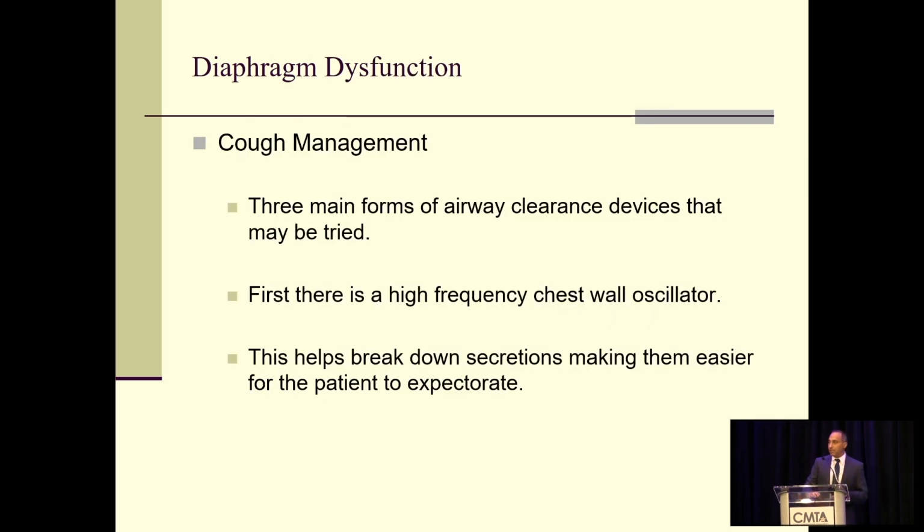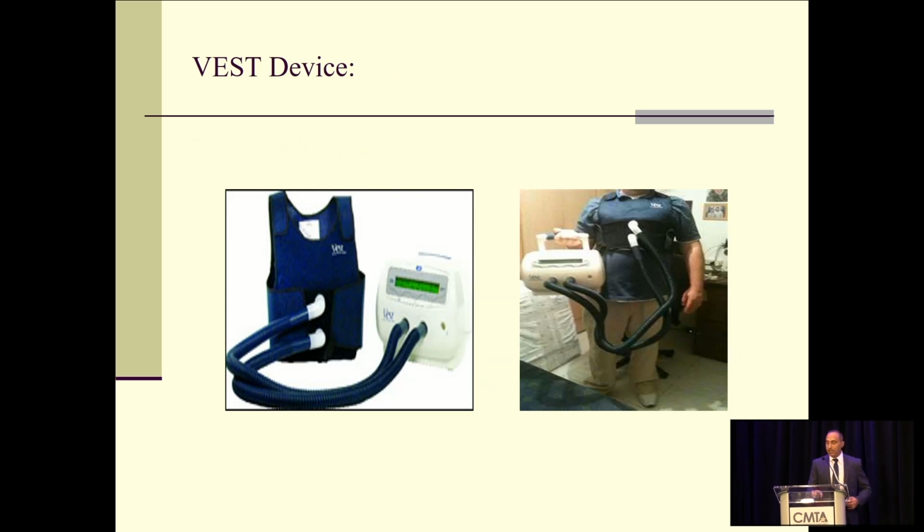How do we make sure that these patients are clearing their secretions? There are a few devices out there that we can give you. Number one is something called a vest device, which is basically a device that you wear that percusses your back, and it helps keep the secretions loose, and it helps bring up